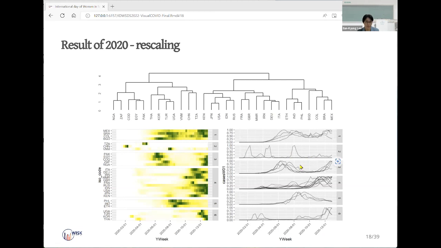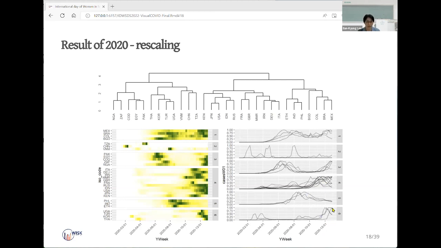Except for a peak, there are almost no cases in the other periods. And cluster 3 shows 2 wide peaks, one in early summer and the other in late winter. Cluster 4 shows a rising pattern, with peaks after fall.